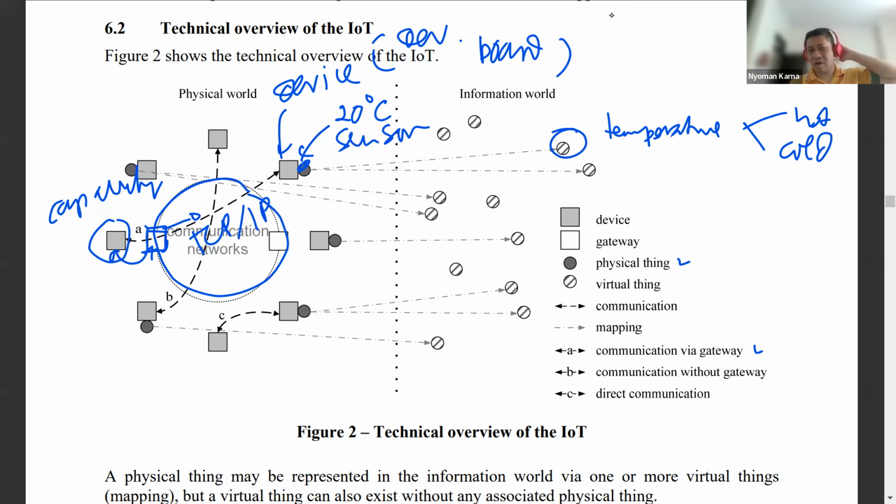However, if the IoT device is already able to communicate directly to the communication network, for example, the IoT device has the capability of using the TCP/IP stack, then in this case, which is B, the IoT device can communicate directly with the network without the gateway.